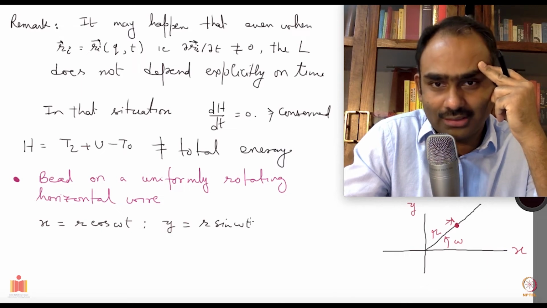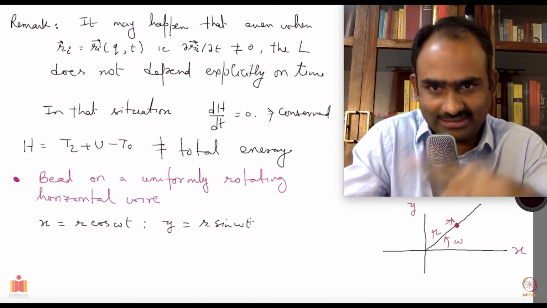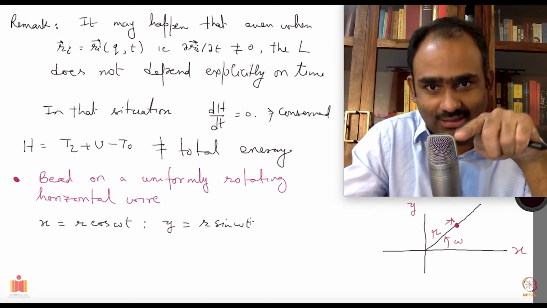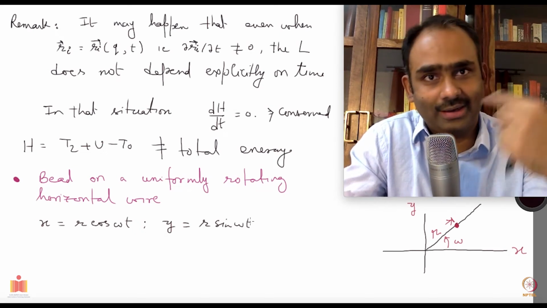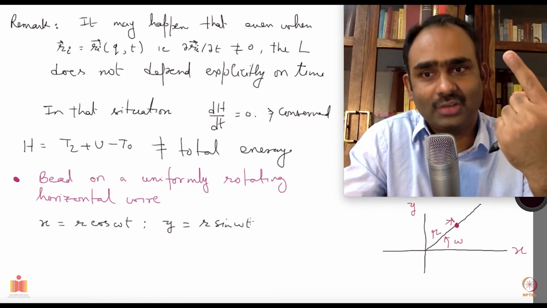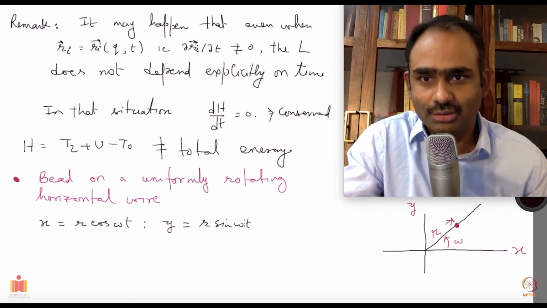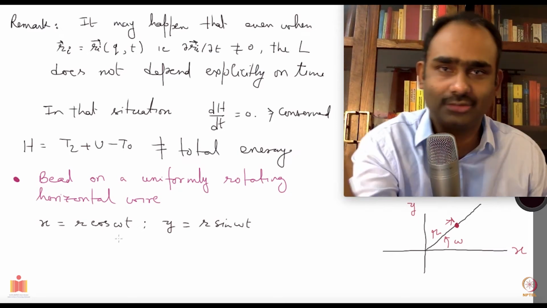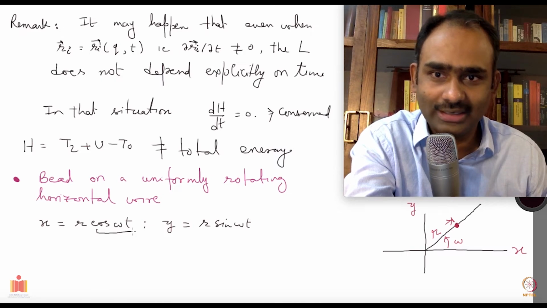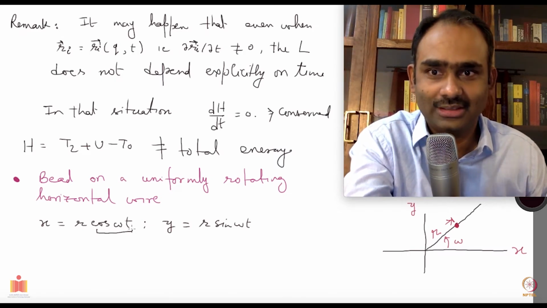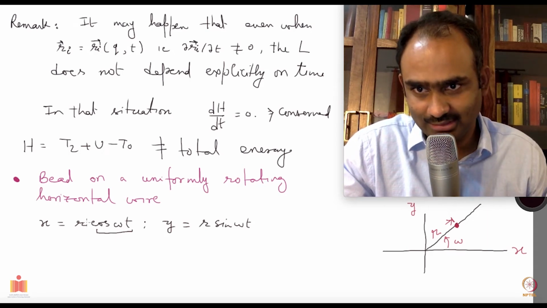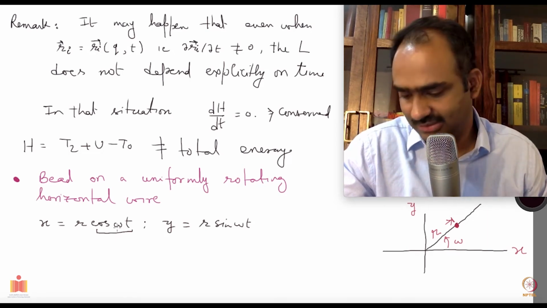There is only one coordinate. So instead of using the two Cartesian coordinates x and y, I am using the polar coordinates r and theta. But theta is already determined by the wire itself. So the wire fixes what the theta would be for that particle. So there is only one coordinate left, that is r. And you also notice that there is an explicit time dependence in the transformation from r to q, where q is r. You see here there is a factor cos omega t, so time is explicitly here. And of course there's an implicit time dependence here, r of t. So we have an explicit time dependence.